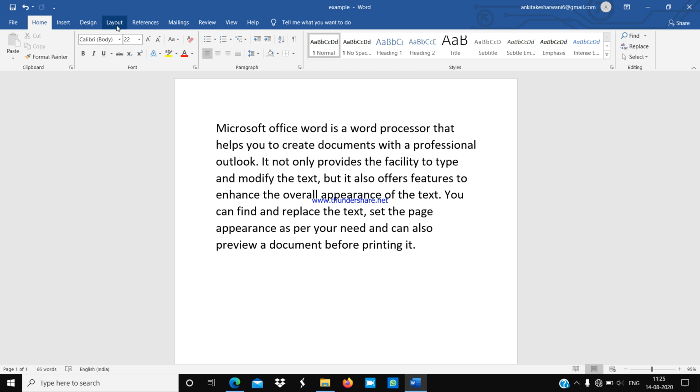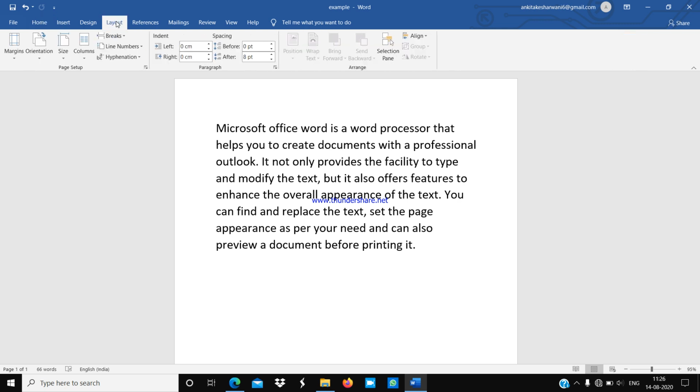If you are using Microsoft Word 2010, then you can find the Page Layout tab instead of the Layout tab. Okay. So first you have to click on this Layout or Page Layout tab.